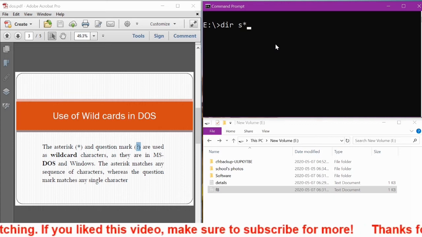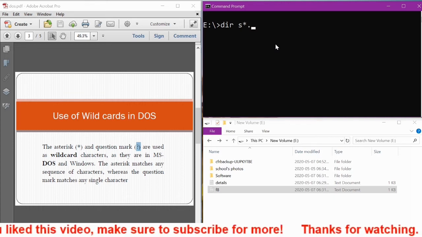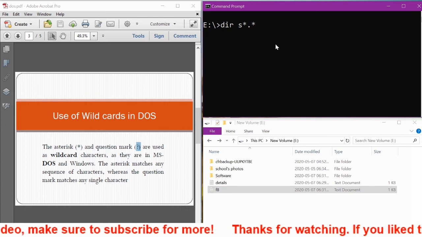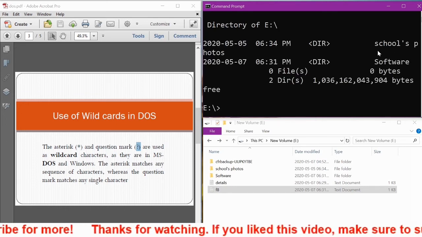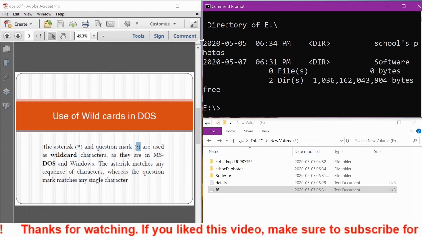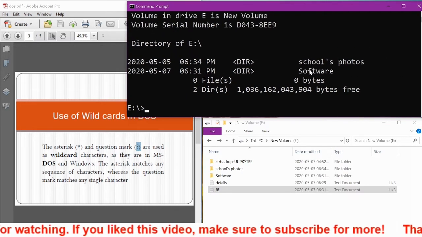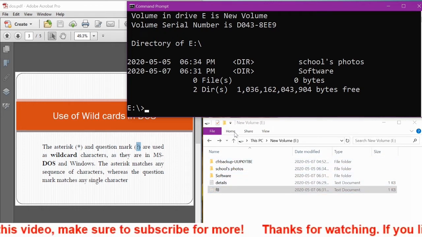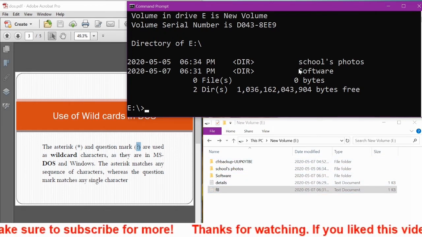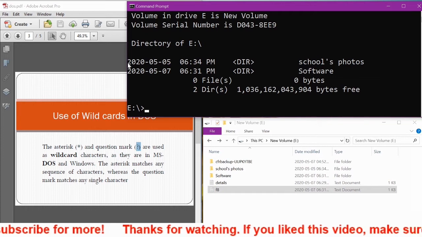Star means a sequence of characters, and dot star means whatever the file name and extension. See, this particular command only lists the school and the software. Here we have other folders also, but it only lists the names starting with S.